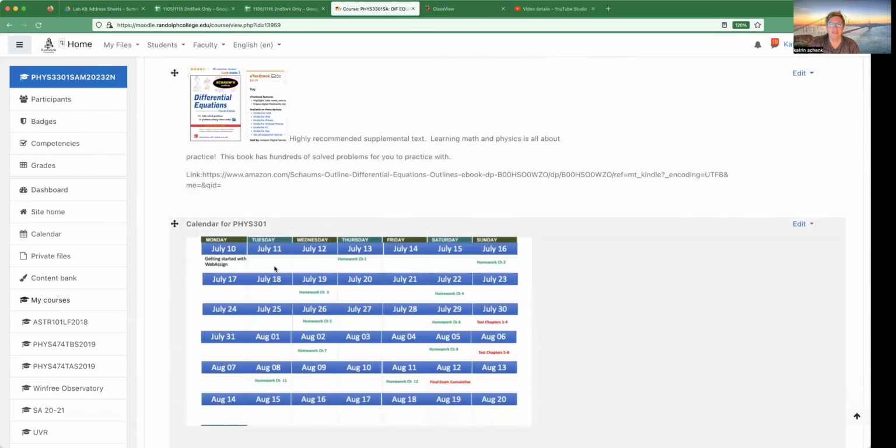Okay. And this is a calendar, and it's just showing you when the homeworks are due. Now, there's 3 tests, right? There's a test on chapters 1 through 4, a test on chapters 5 through 8, and a final exam that's cumulative. Now, here's the deal. The tests are open book and open note, okay? They are timed. You don't get infinite time for them, but they are open book, open note, and they are